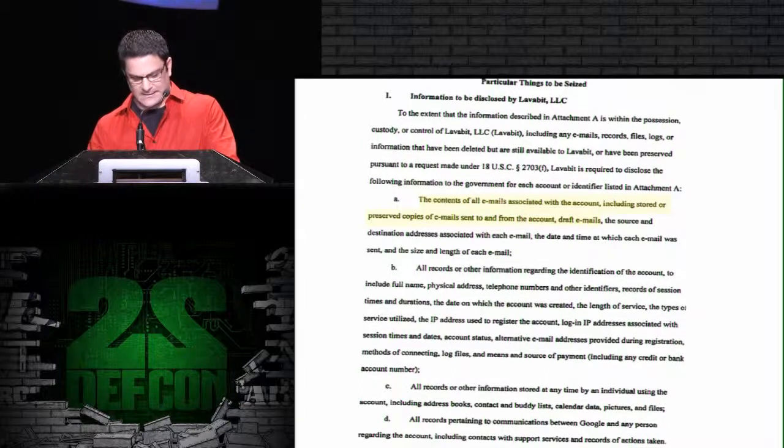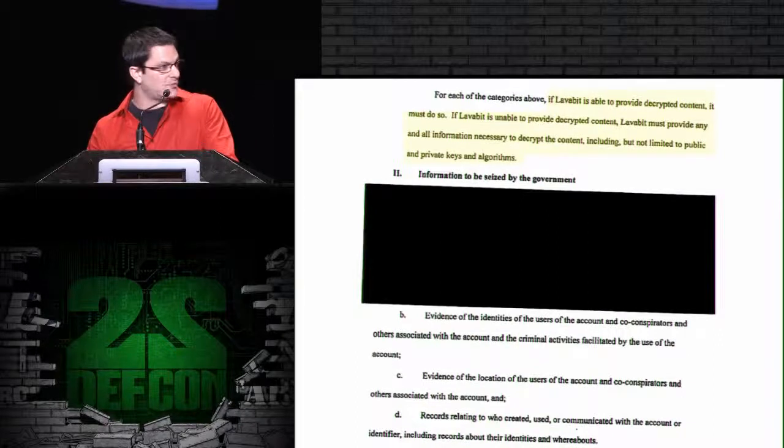Now, can anyone spot the typo in this sentence? It's actually my second favorite excerpt. In the court's haste, they forgot to substitute the word Google for the word Lavabit. If you read that sentence again with the word Lavabit, it actually makes sense. On the next page, though,